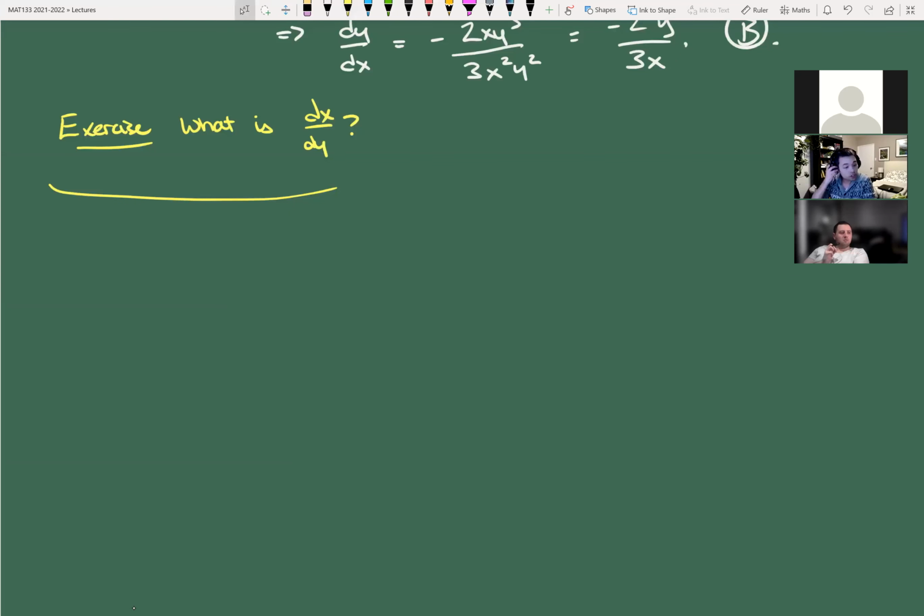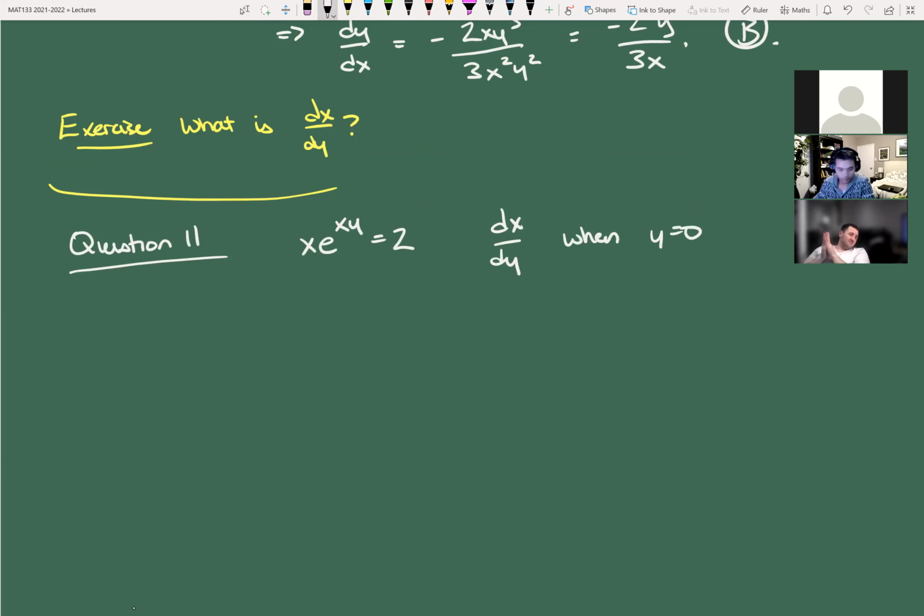So this is question 11. Okay, and again, we've got x e to the xy equals 2, and we want dx/dy when y equals 0. Now, one of the things that you may have noticed is that all of the answers were numbers. They weren't like the previous question where they were in terms of x's and y's; we actually wanted a number out. And the big suggestion that